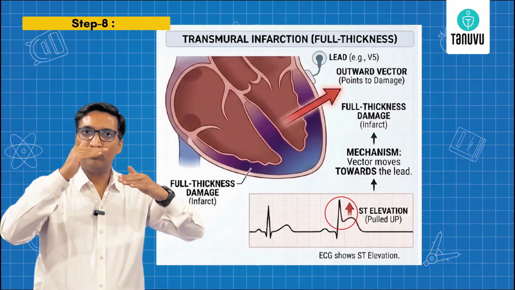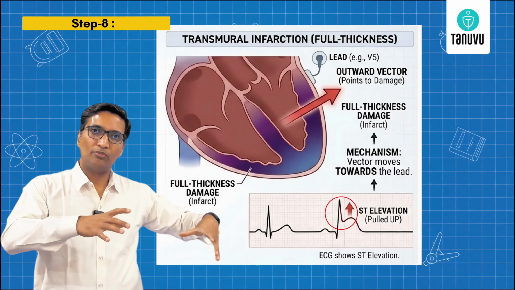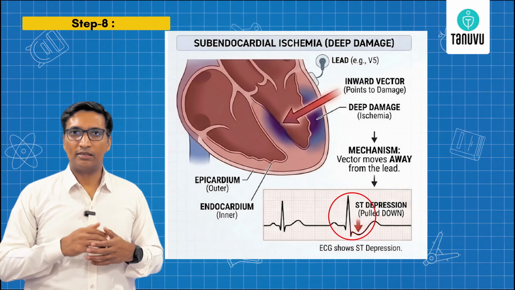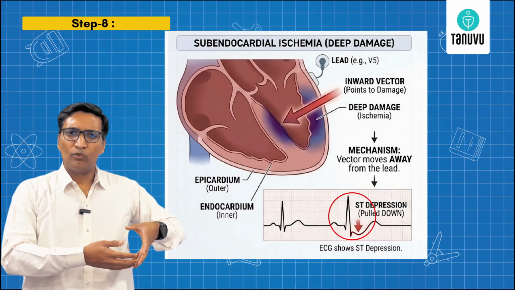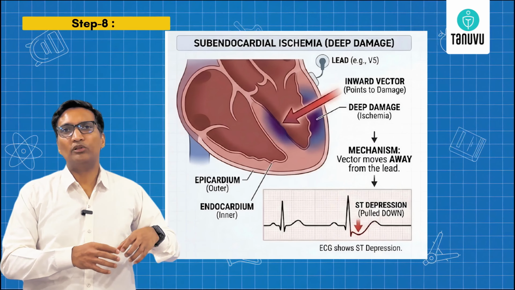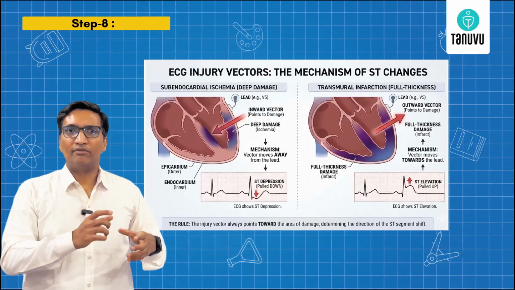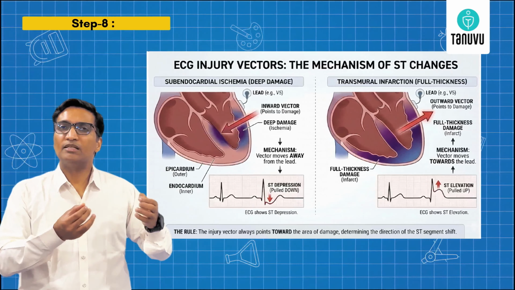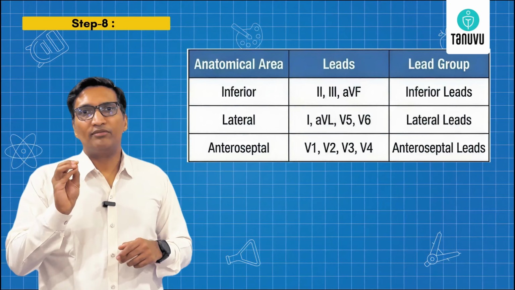Now when it moves up, it means that there is a transmural infarction. When it moves down, it means that there is a subendocardial ischemia. This is because the electrical vector moves in or out depending upon the state of the muscle, whether the muscle is completely necrosed or whether the muscle is simply ischemic. Now with this understanding, let's move in further to know which leads are damaged to which part of the muscle. This we have already learned in step 3, where we studied how the camera crew look at different